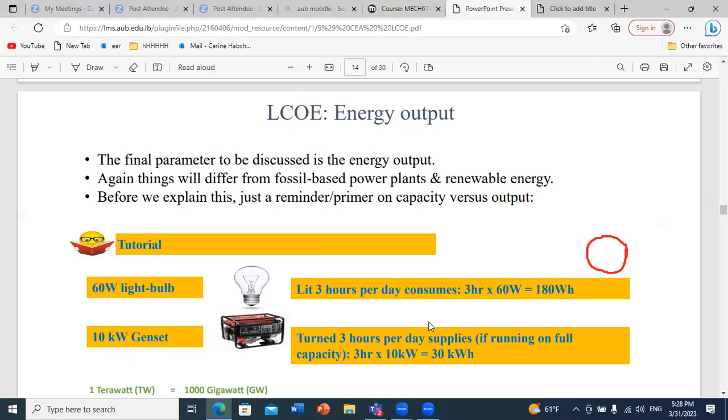Okay, so this is very simple. I know you know it. Just as a reminder for you. So you can compute then the amount